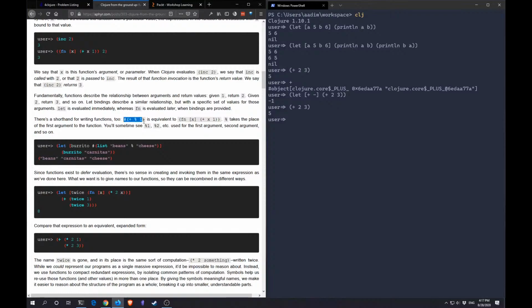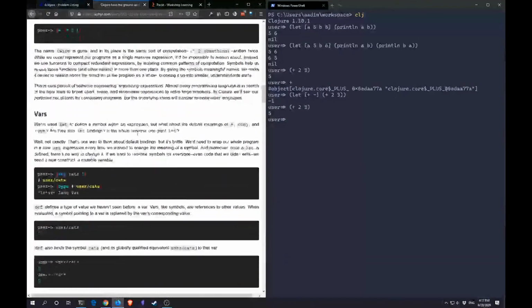This is a shorthand for writing a function. And I thought that this is used for writing regular expressions. Maybe this is also used for